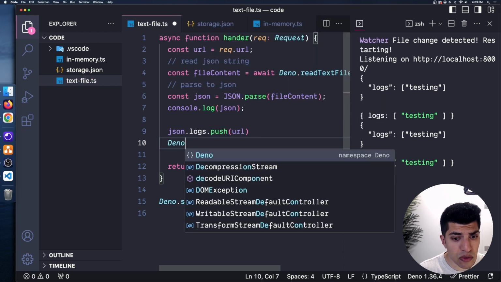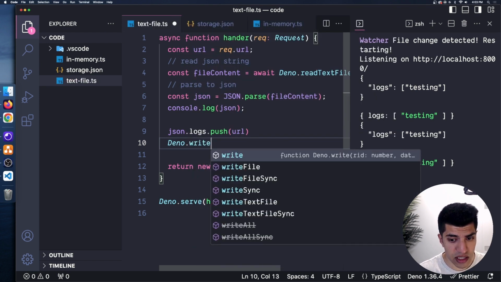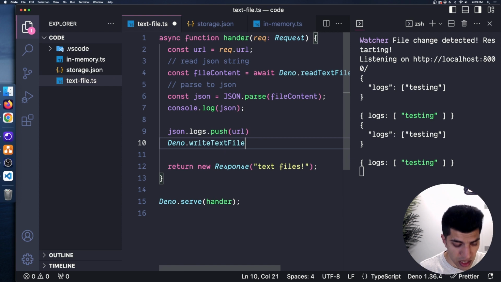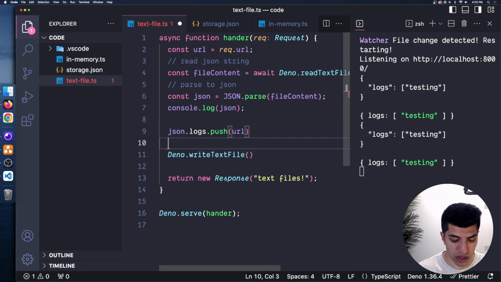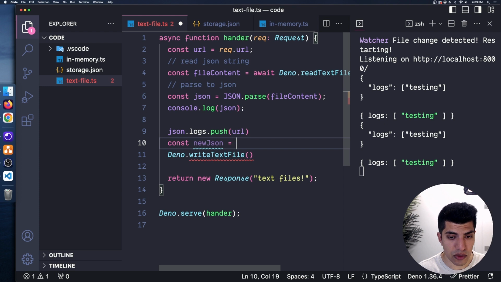So I can say Deno.writeTextFile. I can await this. I don't have to await it, but it depends if I want to run code after this or not. In this case, I can write back, and I should probably do this on a separate line. I'll say const newJSON is equal to